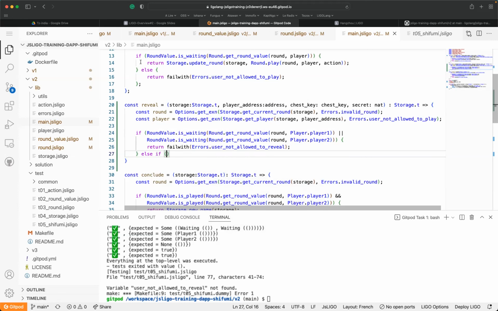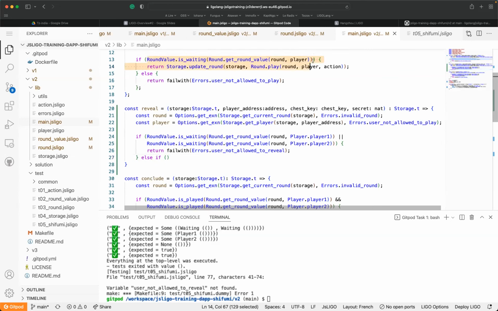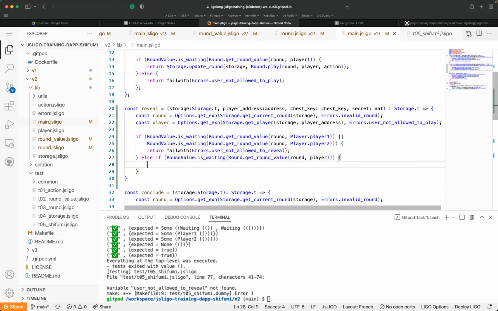the current player, so this one, I'm sorry, I do a lot of copy paste, which is really nasty. If the round value, the current player, we know is in played status, we can reveal. We are able to reveal it right now.